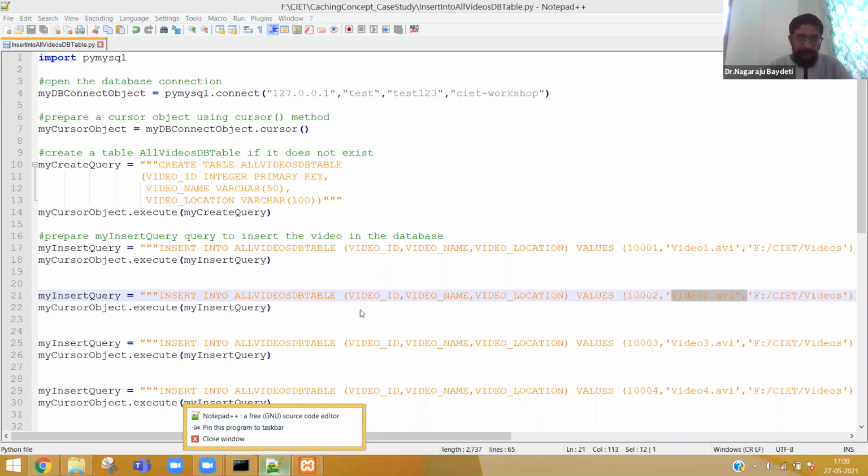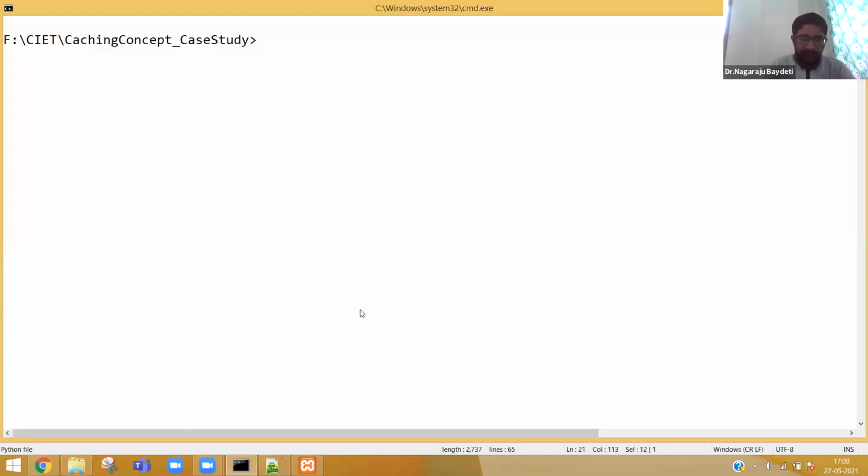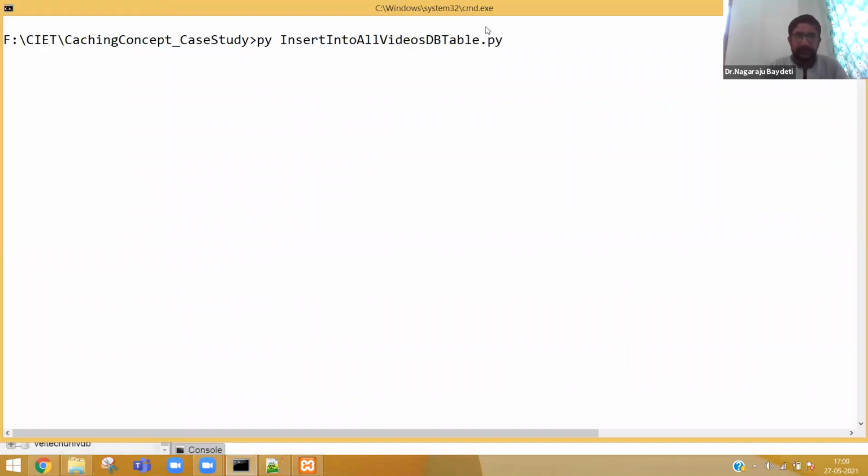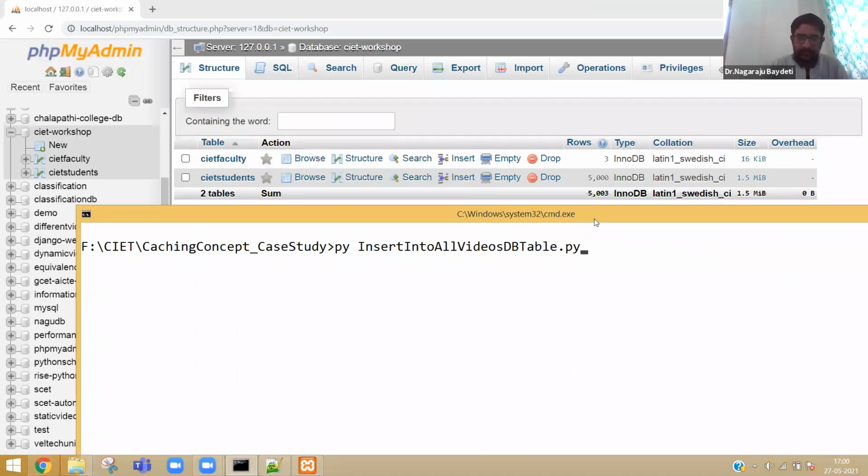Now let me execute this file. Before executing, you can clearly see that there are only 2 tables. Let me take a screenshot, and then run py insert into all videos DB table.